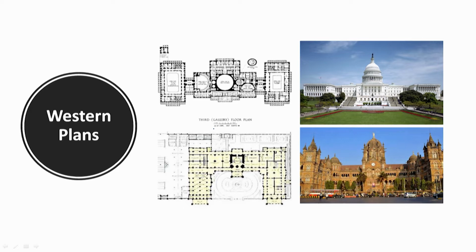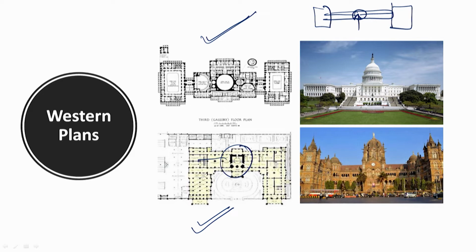Now when I spoke about the Western planning part of it, let us again compare the CST, the Chhatrapati Shivaji Terminus, with the Capitol building. This is the plan of the Capitol building. Now if you compare it with the plan of CST, it is very closely similar. It has something like an H plan or a binuclear plan, where there are components on either side. There is a central porch from where we enter the building, and then we move to identical parts of the building on either side. We see that happening in the Capitol building, and we see that happening in the CST.